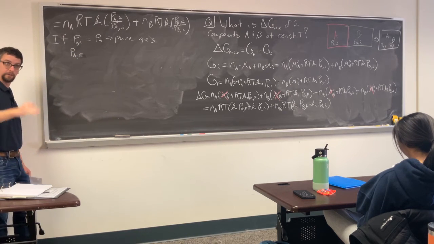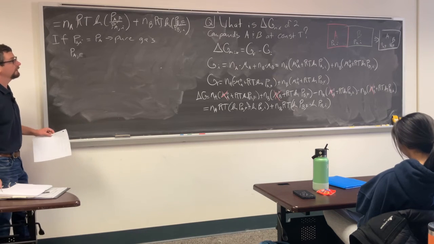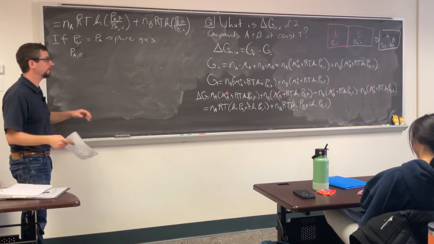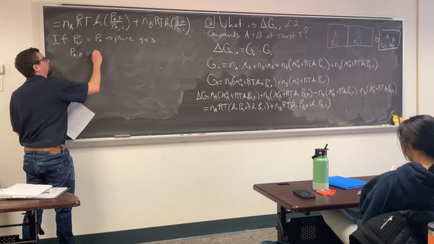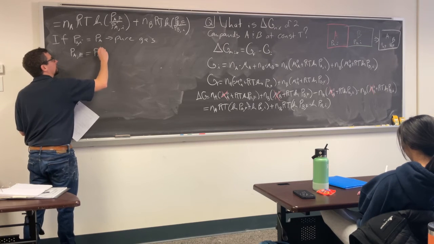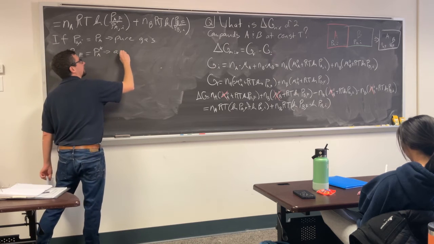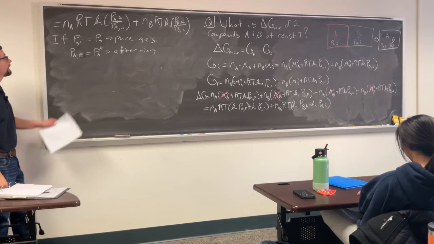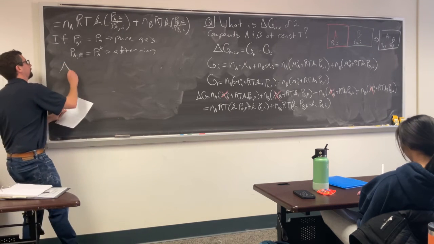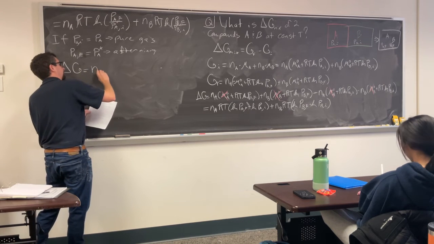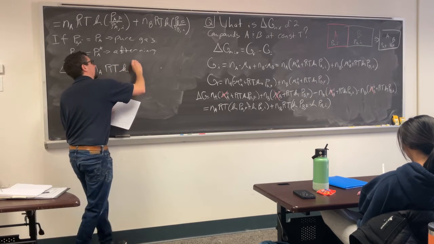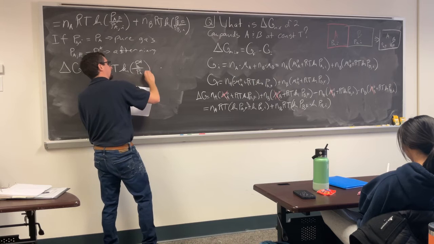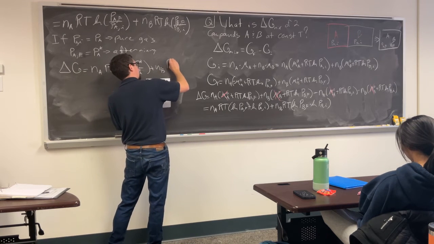And what did you say, Shannon, about their pressures? Yeah, they should be the same at the end, or at least they'll reach a point of equilibrium. So what we're going to say is that after they mix, we're going to change our expression a little bit. RT ln P star over P, oops, we need this of A, plus n_B RT